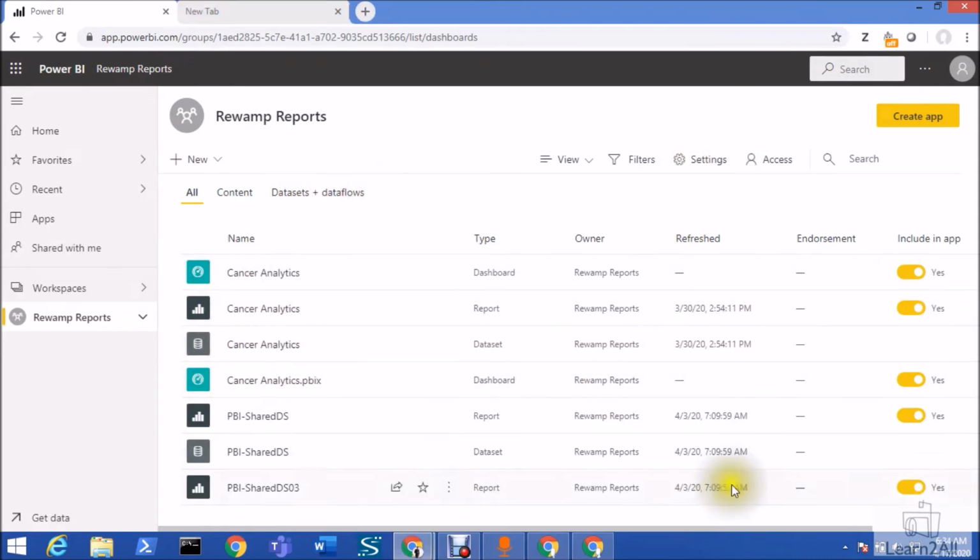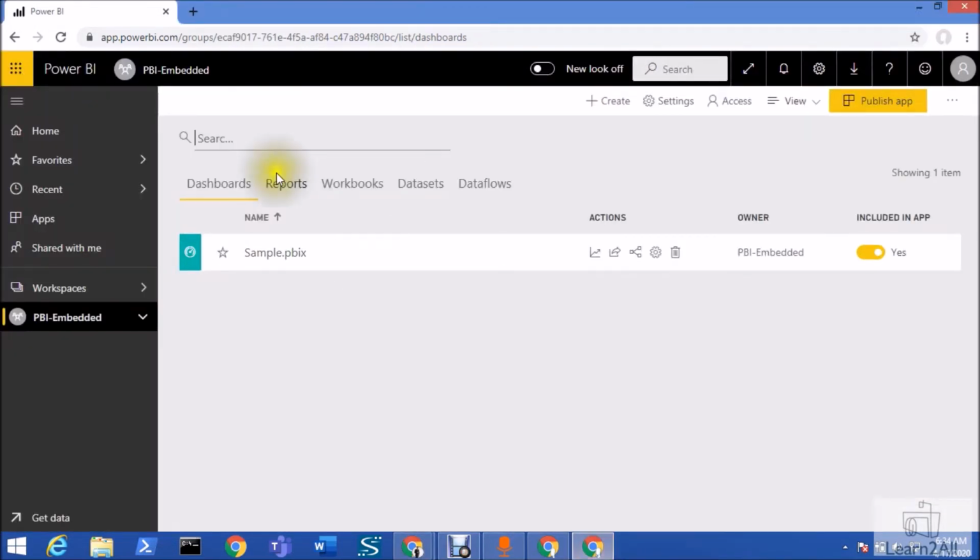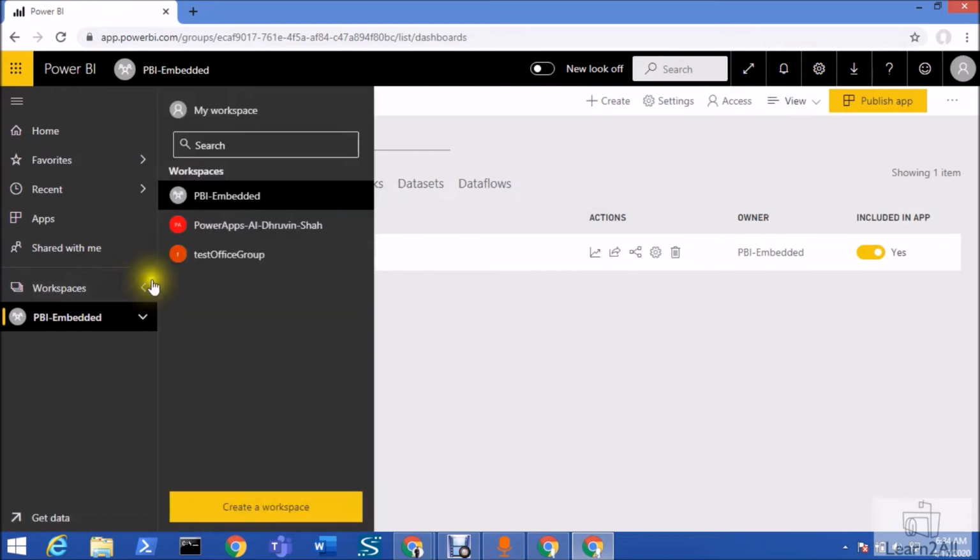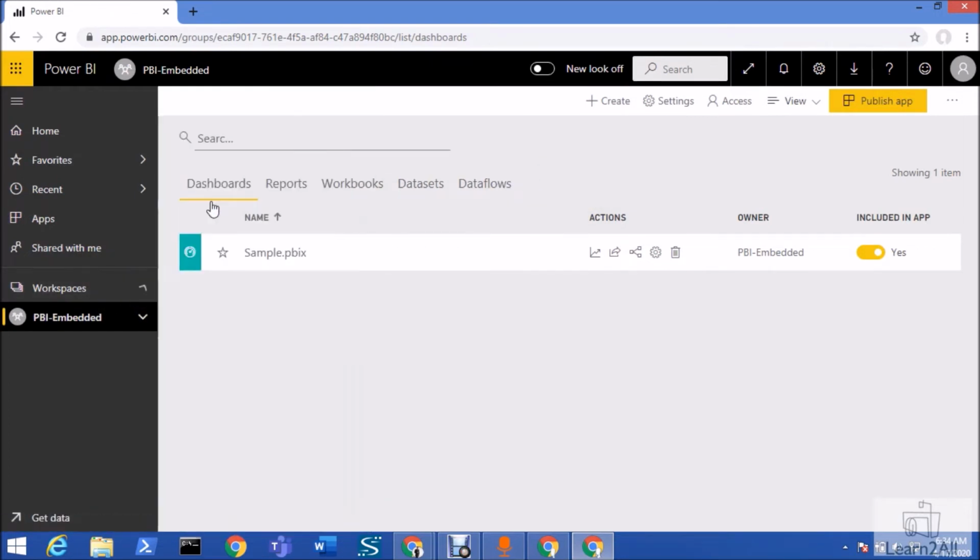Now let me talk about the list view as well as the tabs for this new look of the Power BI workspace. First let me show you the older look. In the older look we have a layout like this. Whenever a user clicked on any workspace, it was by default redirected to the dashboards option.